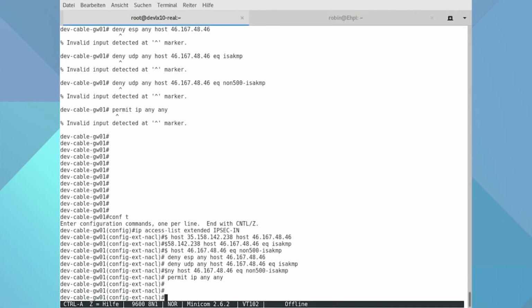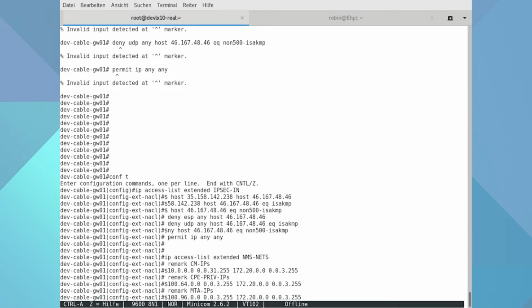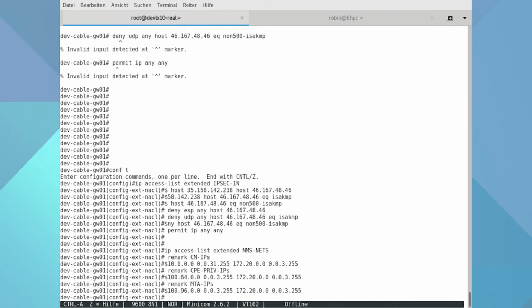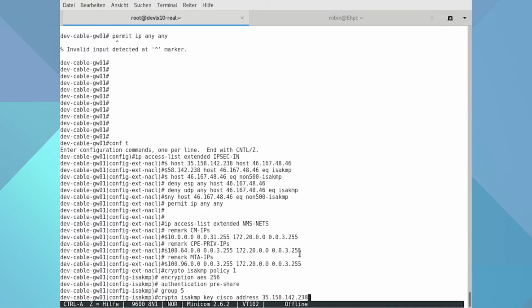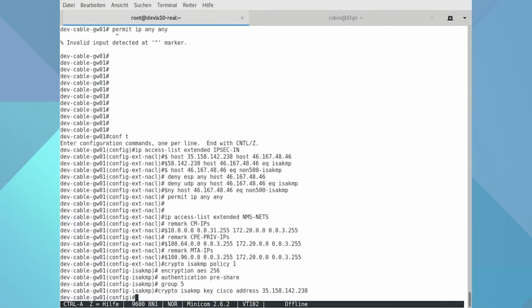The CMTS normally has an access list, and we extend the access list with our own sub list, which is called IPsec in. It's another access list which is required for the tunnel, and it says which addresses will also be encapsulated inside the tunnel. Then we've got the statement with crypto ISAKMP policy. I guess this just says how the key is prepared, and